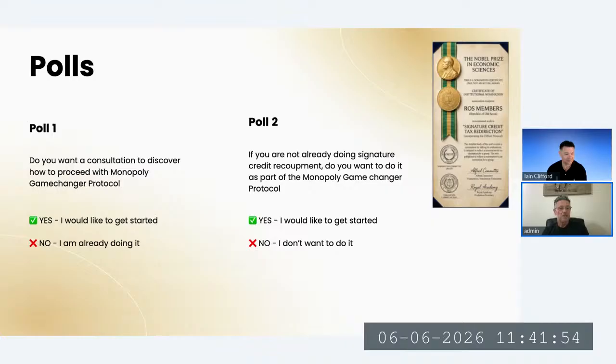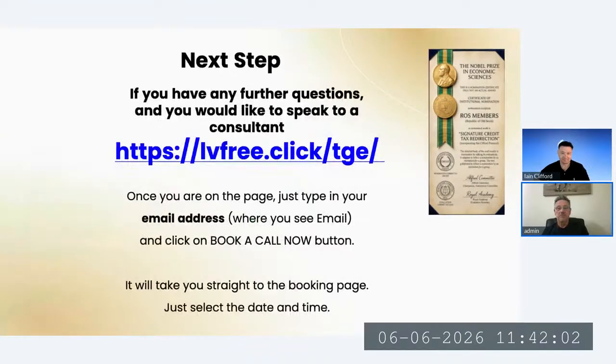So let's just go back. I'm going to go back to the chat so I can keep a handle on things in there, Iain. And we'll go to the next slide. Next steps. Yeah, this is how you can book in a consultation. I think we put this link in the chat as well, so that if you want to book in, they're quite busy. I'd recommend that you get a slot. We've got 6 consultants with different slots in their diaries. They'll help you to calculate the value of your tax redirection and answer your questions.